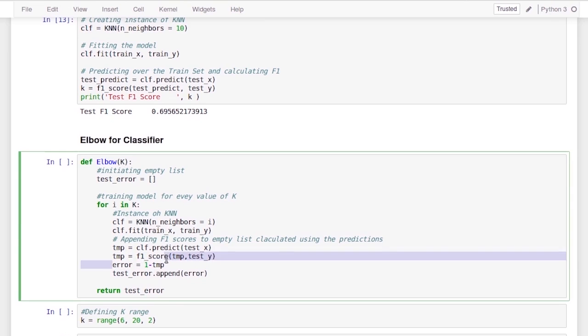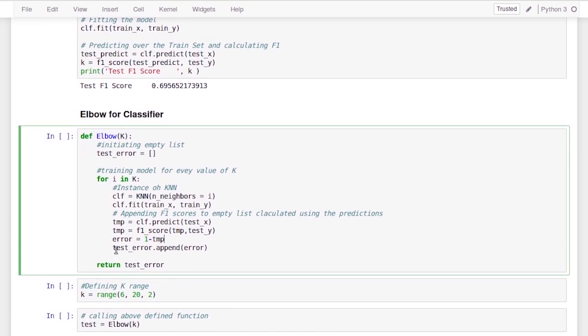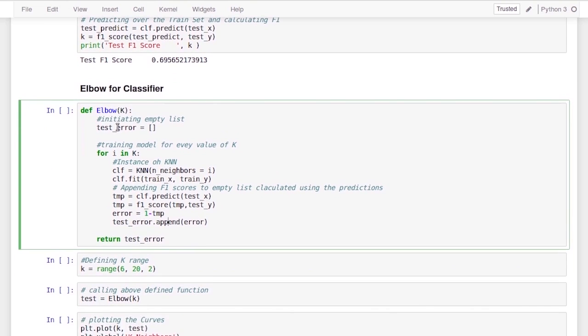Finally, we calculate the error by subtracting the F1 score from 1, since a higher F1 score would mean a better model, and when we are trying to calculate the error, we want to see the minimum error, so we just simply take 1 minus F1 score and we append all these values to the empty list that we had, and finally this function returns us that list.